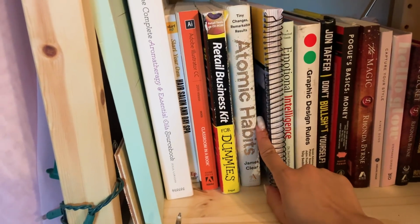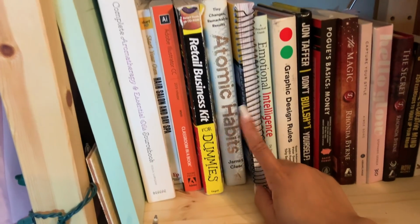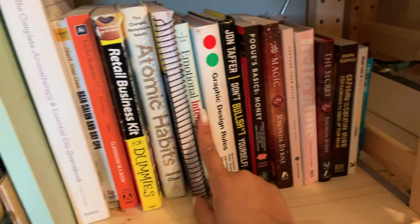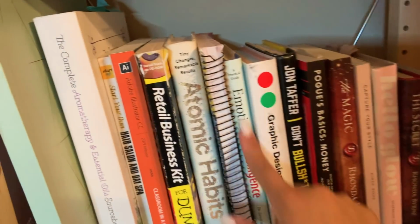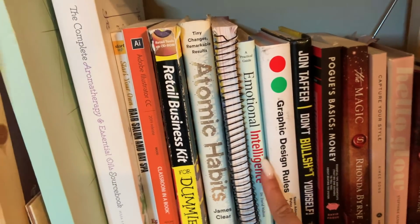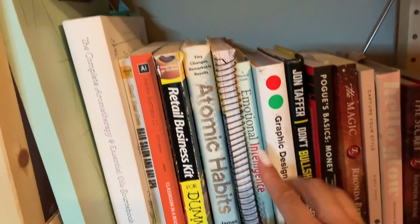Atomic Habits, this book was left by a friend of mine. I haven't gotten into it yet. I like the title, so I might read it really soon. Emotional Intelligence, I picked this up because, again, it's exactly what it reads. Emotional Intelligence, how to be emotionally intelligent. I haven't read it yet. I picked it up for sure because I definitely want to read it